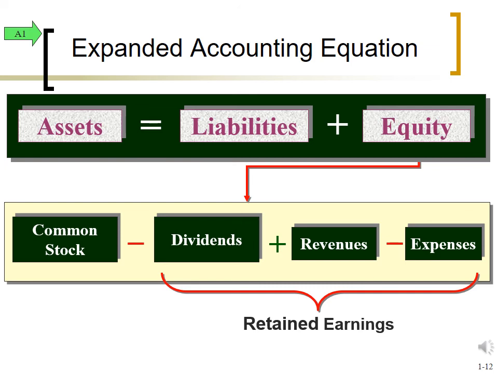And what goes into retained earnings? Remember I said it's like savings. It's going to be the revenues that a company takes in for a period of time, less any expenses, giving them net income, less any dividends that they pay out of retained earnings during the period of time. This is an equation, and these are the components of this equation that you'll get very familiar with and work with. They set the basis for analyzing transactions and ultimately putting together financial reports as we go on.